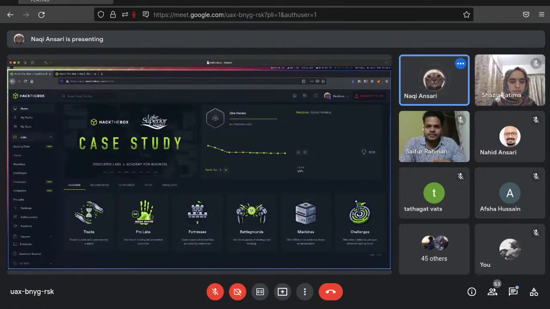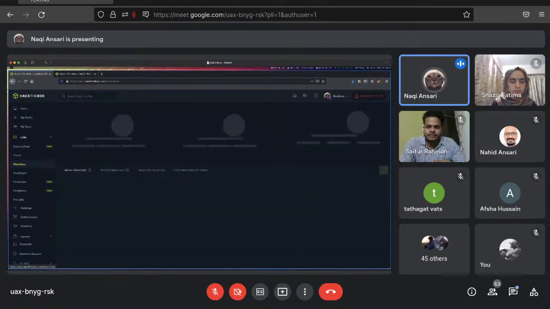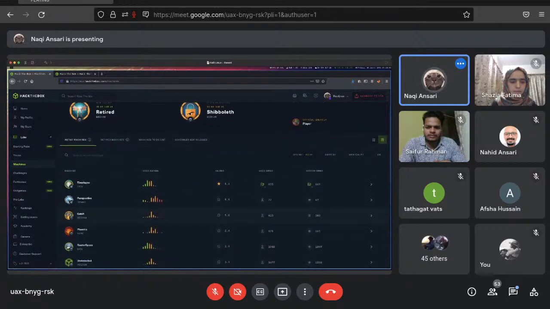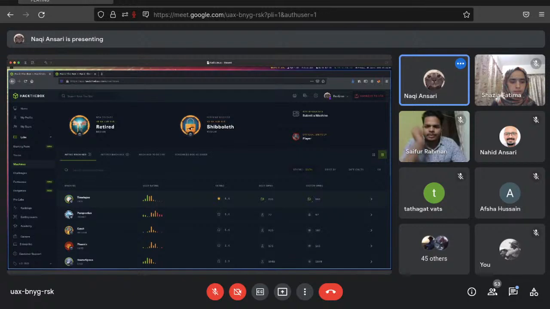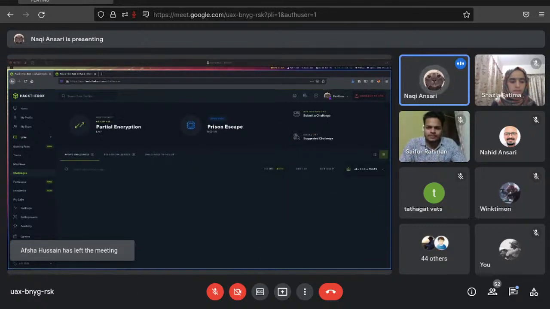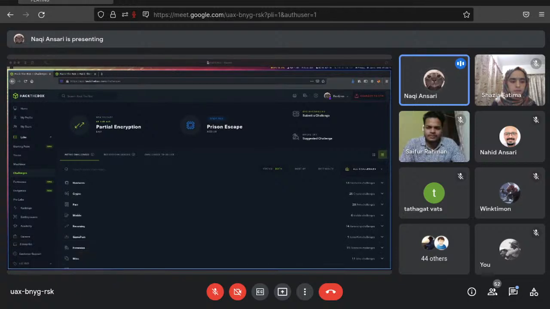So they offer various labs. There are various fields in cybersecurity, such as penetration testing. So they have machines which involve different types of vulnerabilities that you have to exploit to gain low privilege access, and then escalate your privileges on the system to get the highest privilege on the system. And next they have challenges, which are these Jeopardy type CTFs. They have categories of hardware hacking, crypto, which is cryptography, pwn, which is binary exploitation, and they have mobile hacking, reverse engineering, and various other categories.